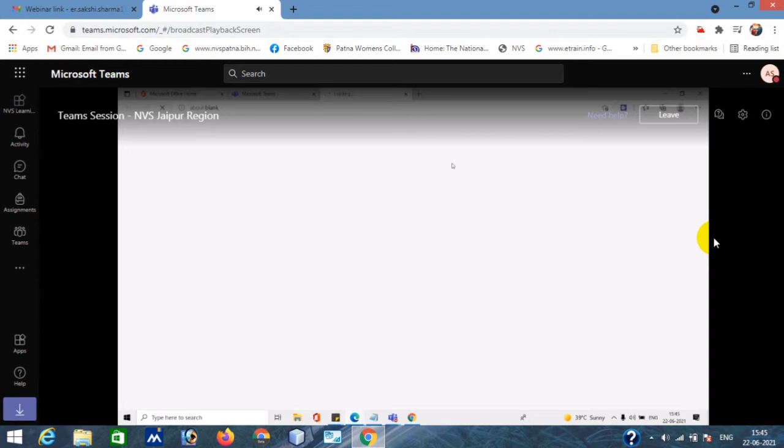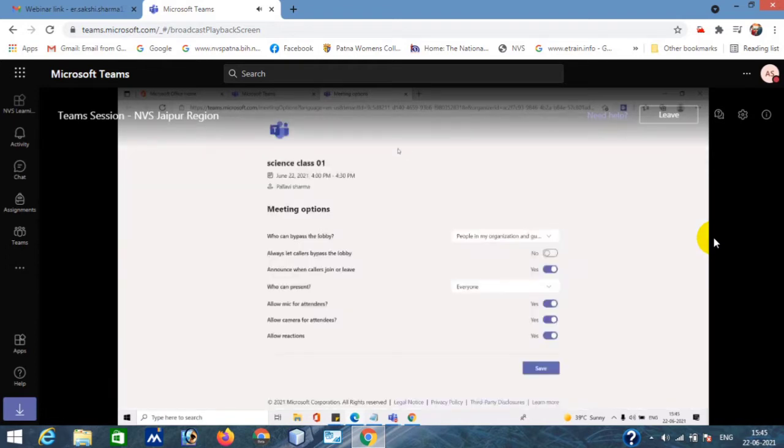And the meeting options just open in your browser. Okay, meeting options. Maybe it will ask for the login ID and password of your Teams, but if not, it's because I have already opened Teams in the browser, that's why it is not asking. So who can bypass the lobby? This is the option which I was talking about, right? Who can bypass the lobby means who can directly enter into the meeting, right? Here there are not many options. One option is called everyone, meaning even external guests or anyone who gets the meeting link can join your meeting without your permission, without knowing you, right?